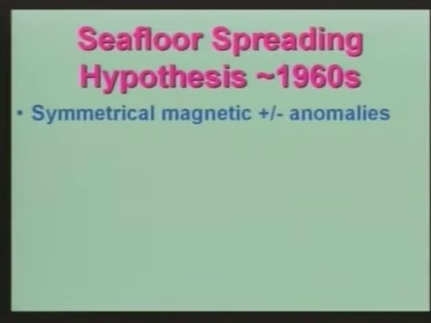Okay, well, one of the things they looked at was a pattern they were seeing in the magnetic character of the basaltic rocks that made up the ocean crust. Oceanic crust made of basalt. It's got an accessory mineral called magnetite, and that locked in paleomagnetic data, and they were able to measure the polarity